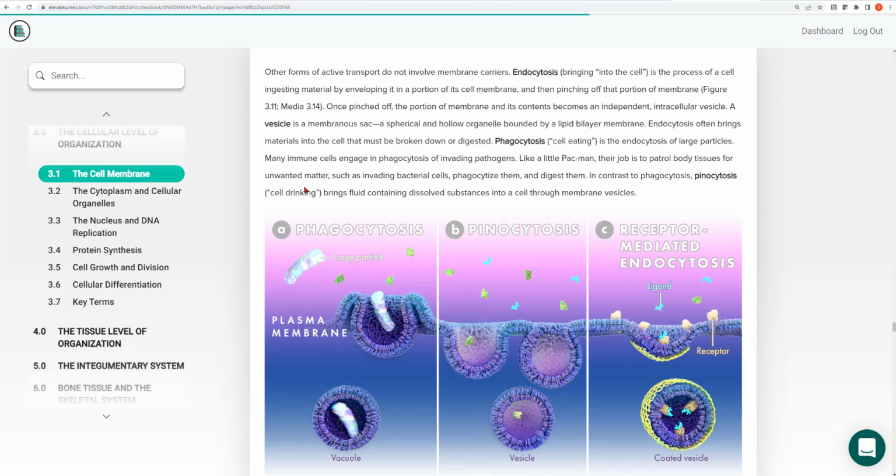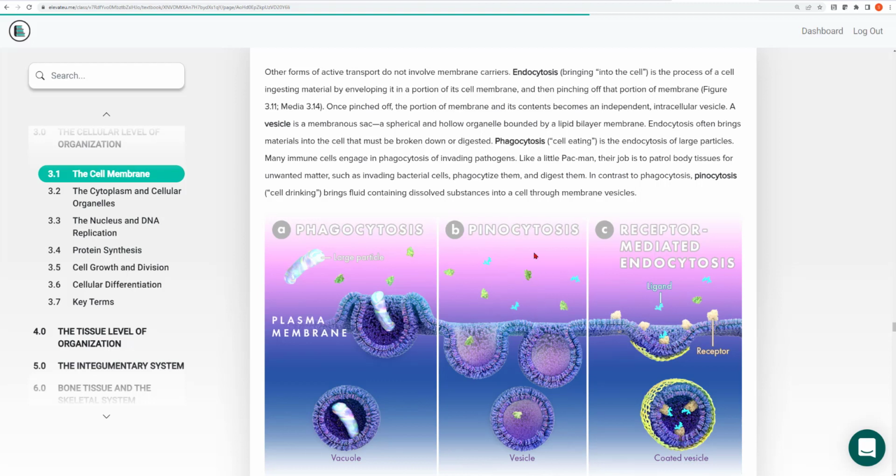Pinocytosis. Pino means drinking. Think piña colada. In pinocytosis, the cell is not taking in large things, but it's just simply taking in molecules that are out here in the environment. It's kind of slurping or tasting the environment. So again, small molecules, think of it being sucked up in a straw, are able to enter into the cell. What was on the outside now finds its way on the inside. Again, this is sort of a random process. The cell is sort of slurping or tasting, checking out the environment.